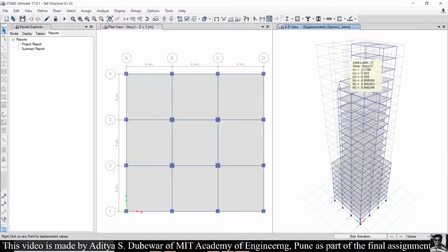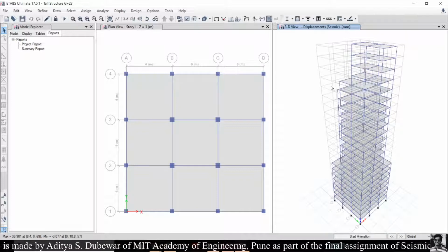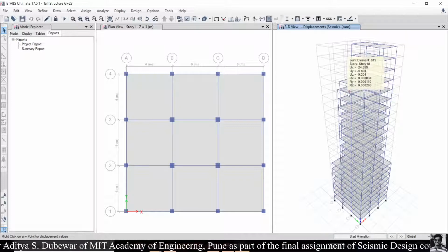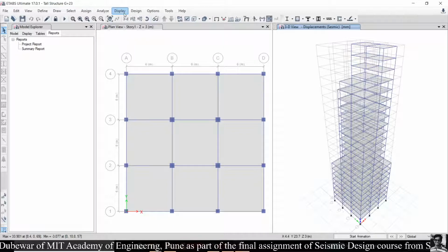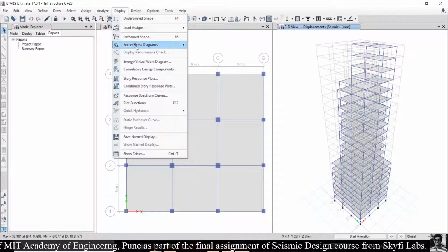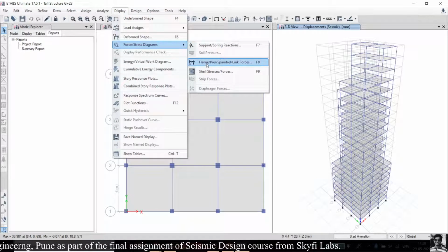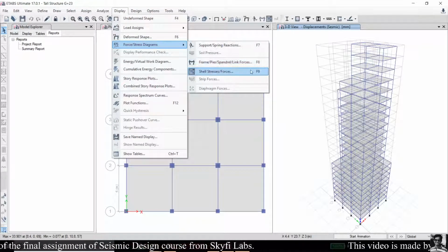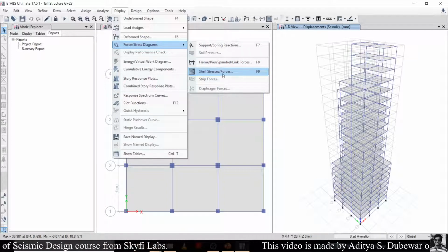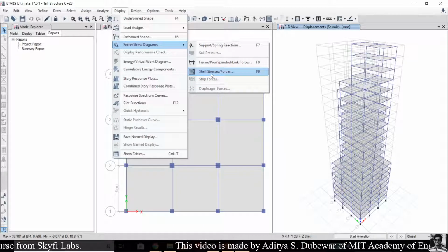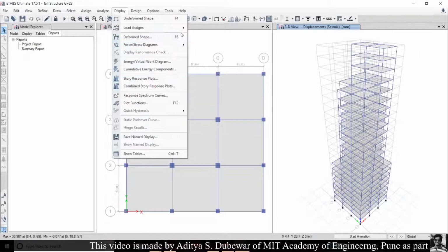We can also visualize many other options like SFD, BMD from this display tab, and select the shear force diagram, and we can see the various frame forces like shear forces, bending moment diagrams, and we can also see the shear stresses in shells from this tab.